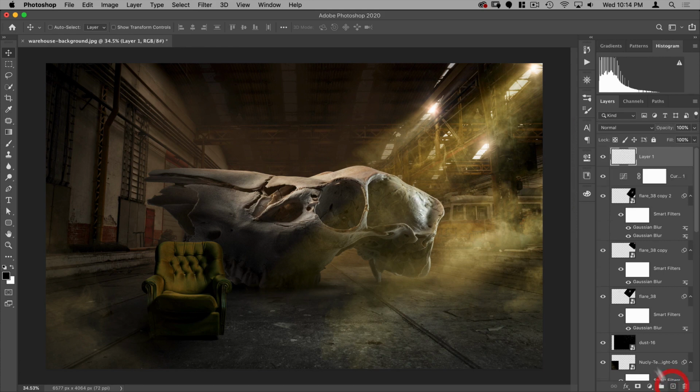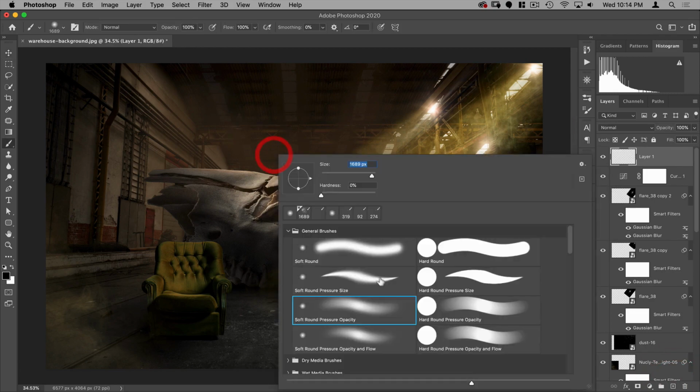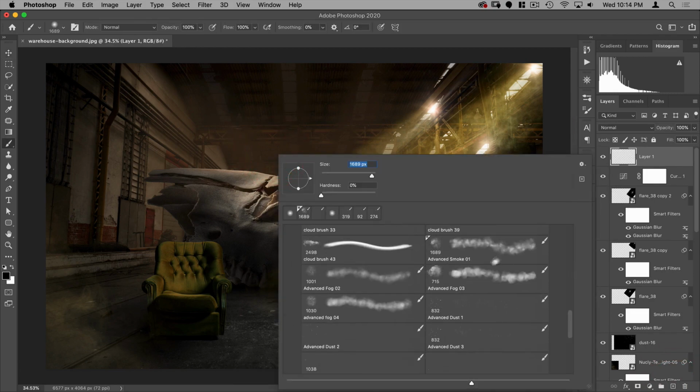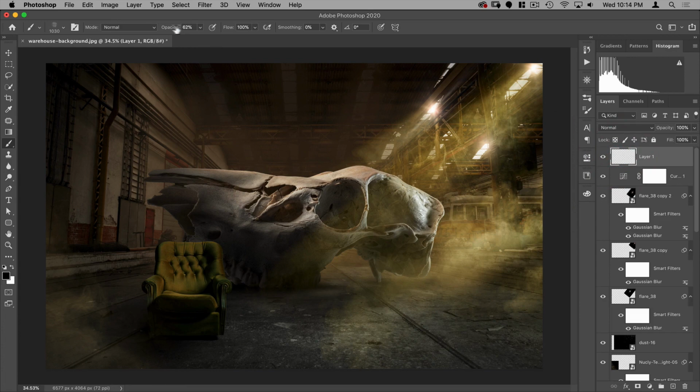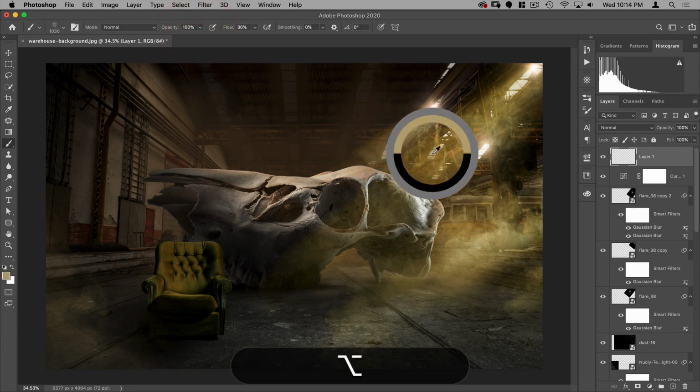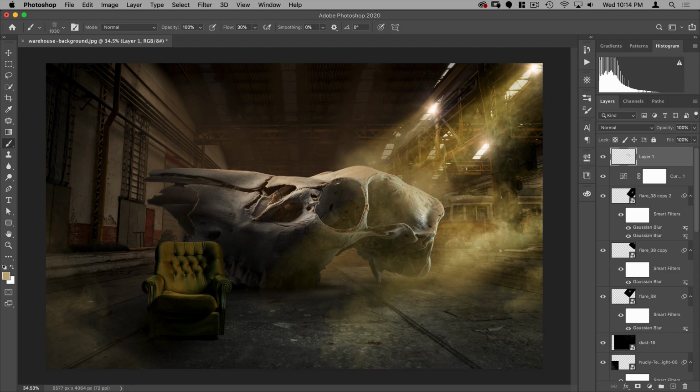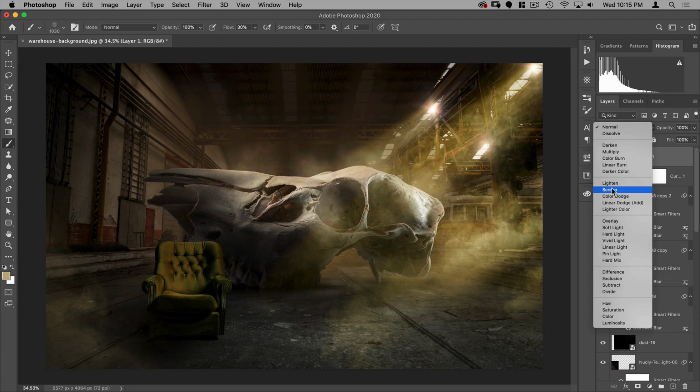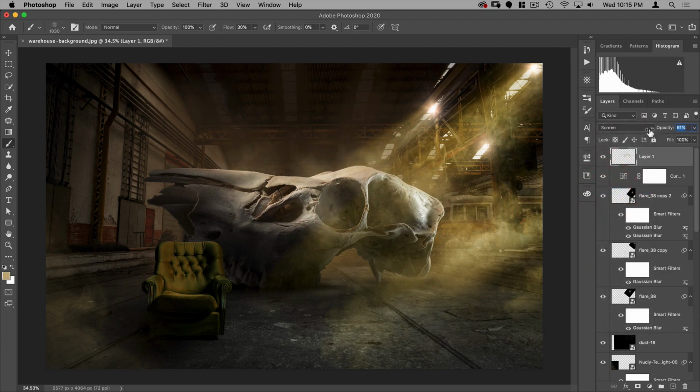So to do that, I'm going to add a new layer, go onto my brush tool and select one of my advanced fog brushes. Let's do 04. Put my opacity on 100, but flow on 30. And then I'm going to Option and select kind of a warm yellowy color like this, and then just start painting right around where the light is hitting this. So just like that. And then we'll put this on screen. And we can take the opacity down. Just want it to be a hint of that.